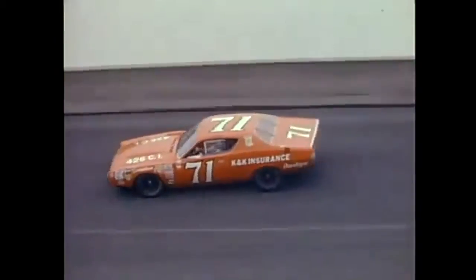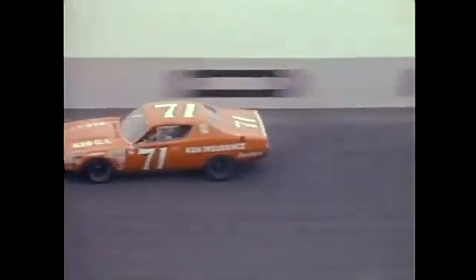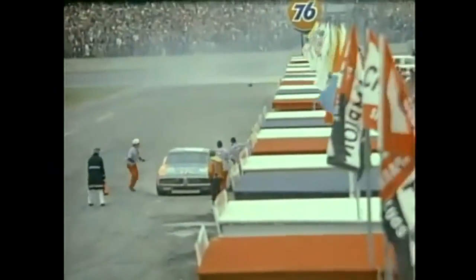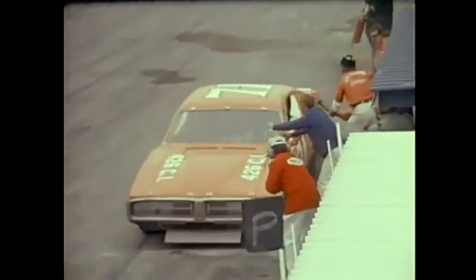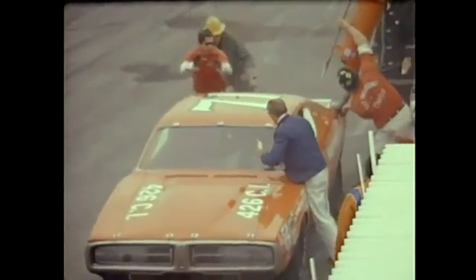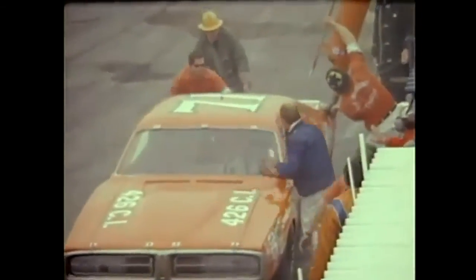With Cale out of the race, Petty takes up the challenge and works Baker over on every inch of the racetrack. But both drivers know they haven't enough fuel to go the distance. Both cars must pit one more time. Petty suddenly ducked in for fuel with 11 laps remaining. The Petty Enterprises team executed a nearly perfect pit stop. 1 lap later, Baker followed suit, but the King had gotten a little edge and was now ahead of Baker by a few seconds. Baker knew he could catch him until...